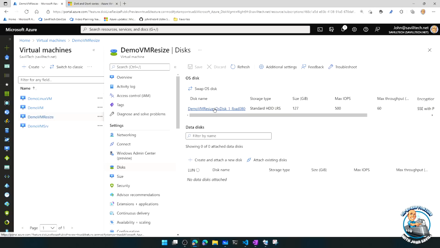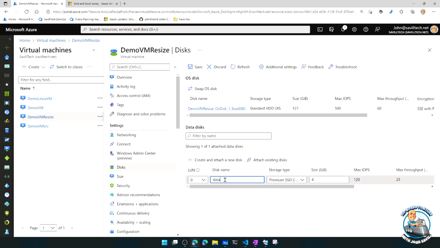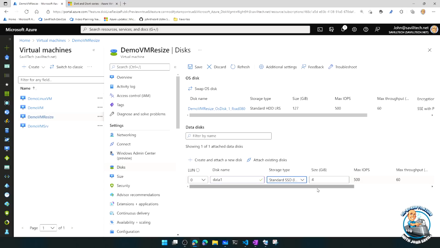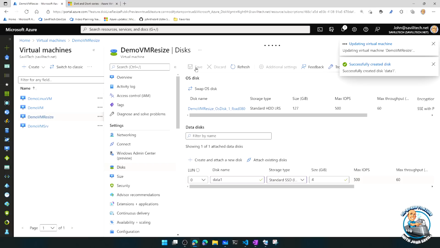But we can hot add. So I'm going to say I want to create and attach a new disk. I'll call it data 1. And I'm cheap, so I'm going to say standard SSD. And sure, we'll say 4 gigabytes. And I'll say save. So it's going to create the disk, and it's now going to attach it